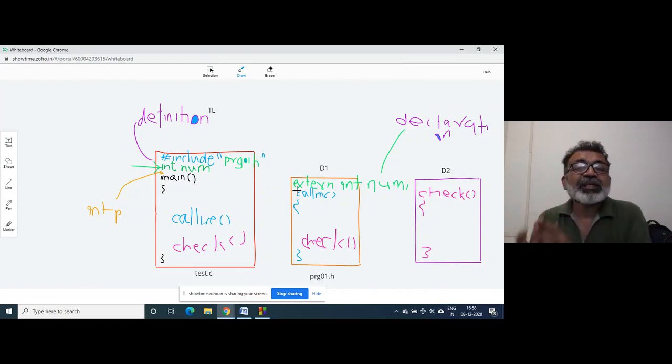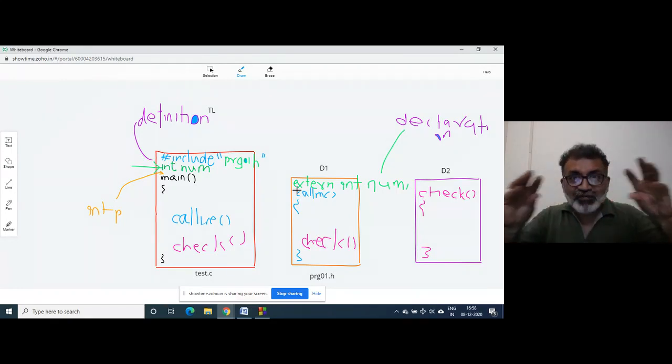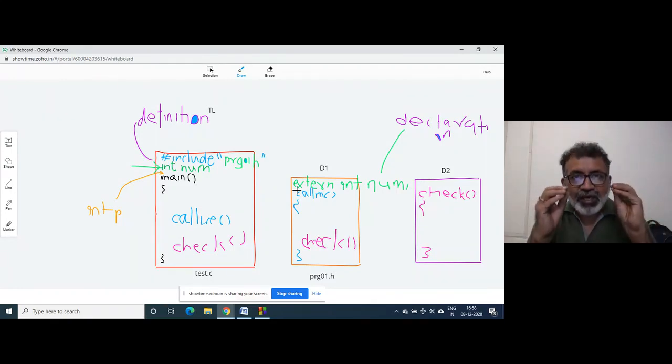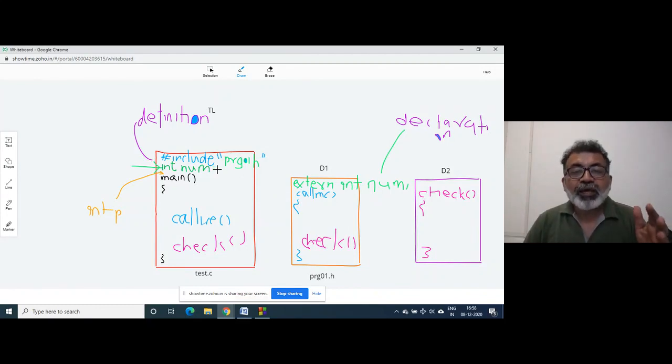Where does the extern word come from? The extern keyword extends the scope of a global variable beyond its file scope or beyond its normal boundaries. That is the definition of extern.